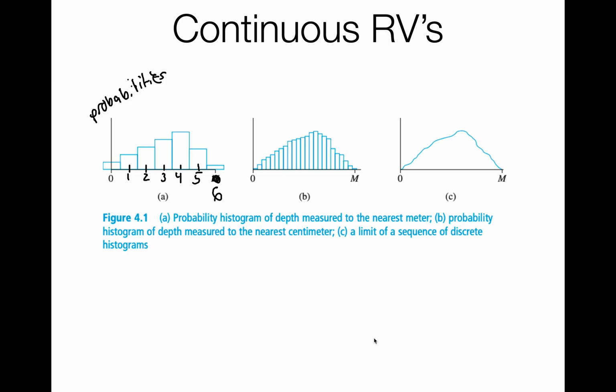And then that gets us to what we're going to call a density, which is sort of the jump from the second one to the third one. And so a density represents continuous stuff. And so in the description here, it says the limit of a sequence of discrete histograms. So technically that means we're taking a limit in the calculus sense, but we don't really need to worry about that right now.